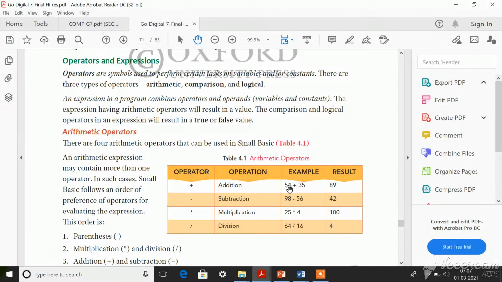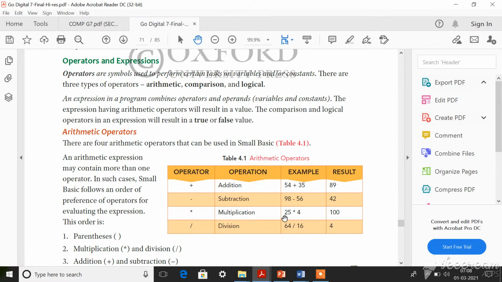Therefore, these two variables are called operands here, and this plus is called the operator. Both these operands and this operator together are called an expression. So this is an expression, this is an expression, this is also an expression, and this is also an expression. Understood now what operators and expressions are?